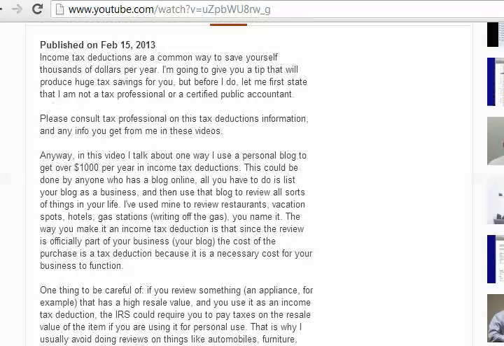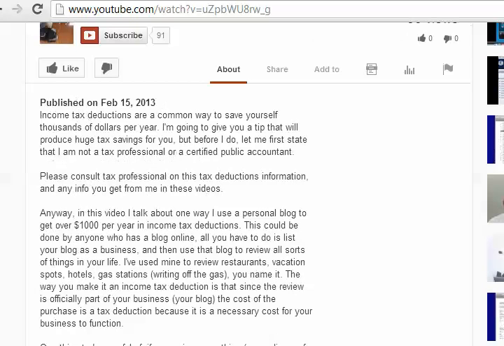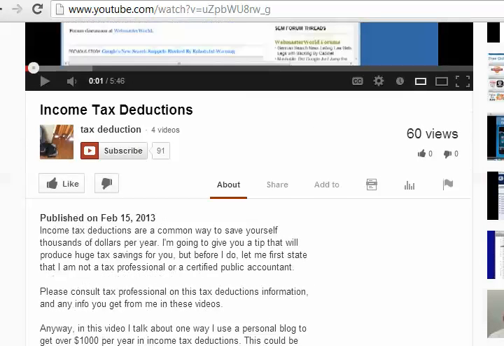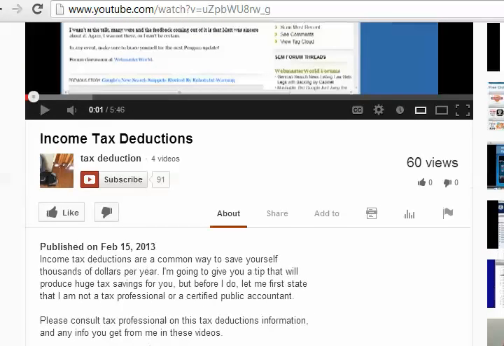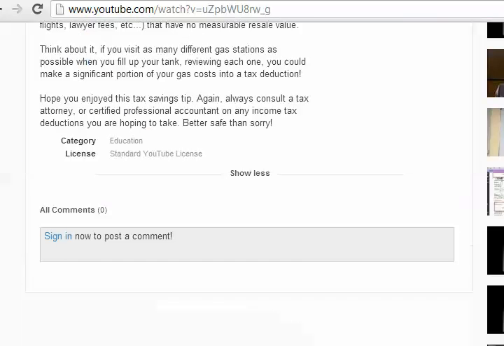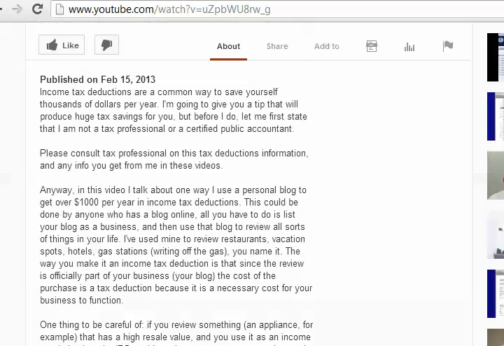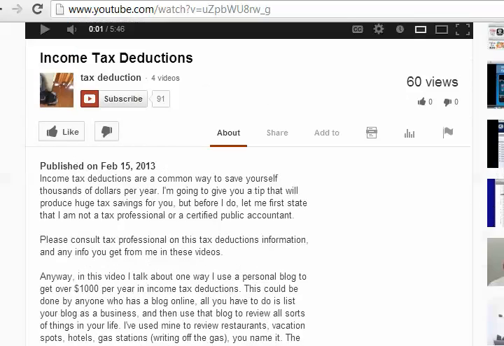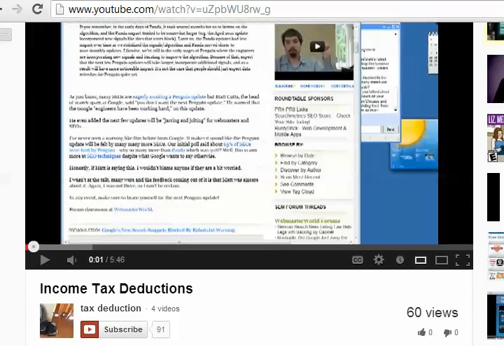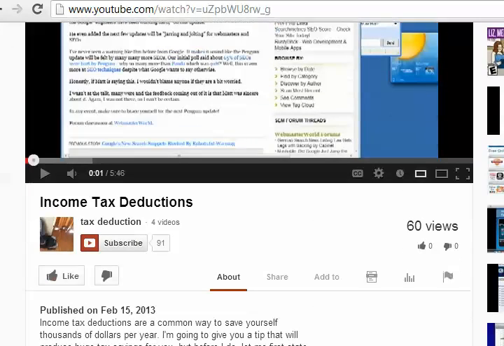It's like a full article almost, optimized for the keyword phrase income tax deductions. And make sure you have relevant tags, which you can't see here because I'm not logged into this account right now. But make sure that there's a number of tags, including this keyword phrase, in the tags.